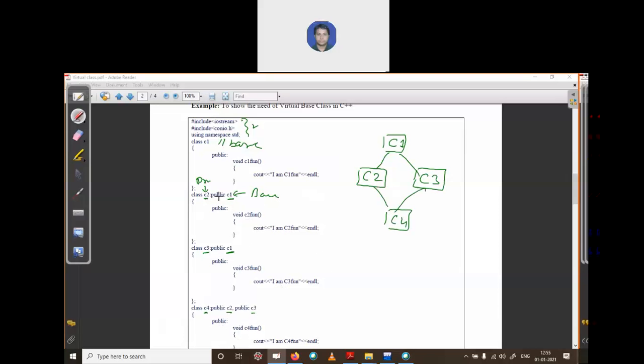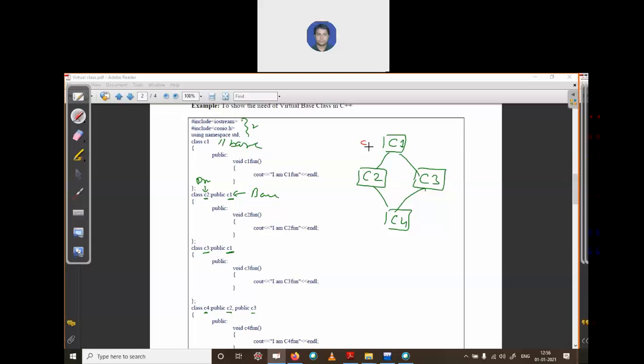At this point I think everything is clear. I created four different classes, C1, C2, C3, C4, and this is the relationship between them: C2 is derived from C1, C3 is derived from C1, and C4 is derived from C2 and C3. All these four classes have their own functions.